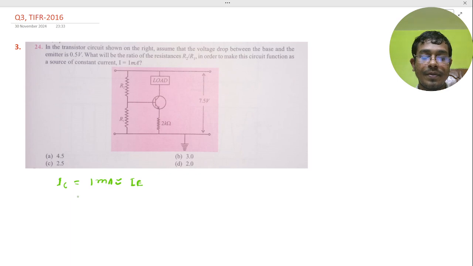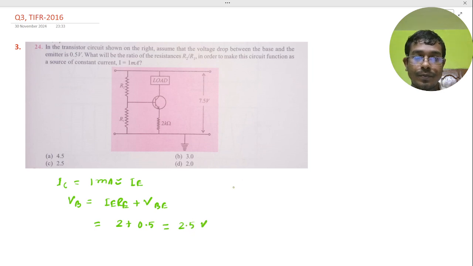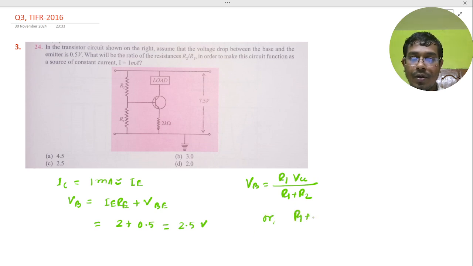Because the collector current is very light, the base voltage becomes IE RE plus VBE. Just do the KVL in this loop, put this value: 2 plus 0.5 equals 2.5 volt. Now VB would become R1 VCC divided by R1 plus R2. This two-resistance junction voltage would become this, and we just get here the R1 plus